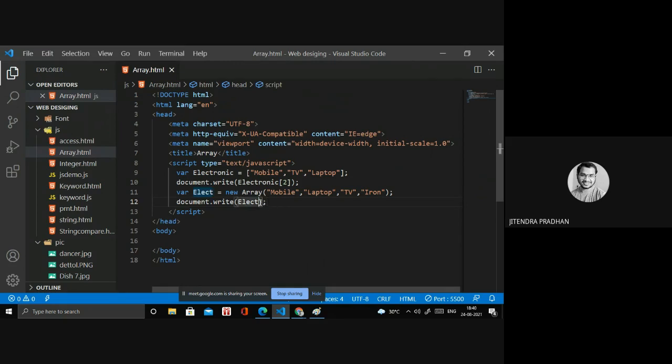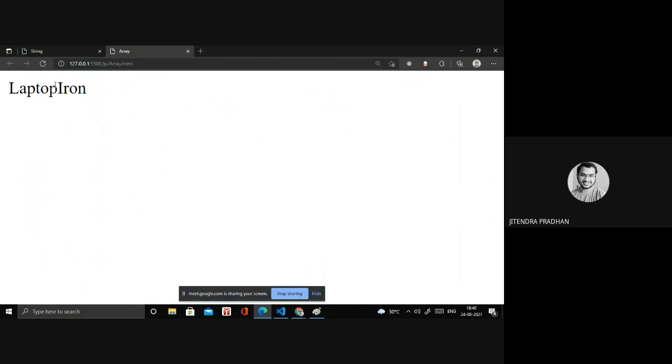If I need, I want to print that one by using iron. It's like 0, 1, 2, 3, 4, 3. Okay, iron is there. Okay,